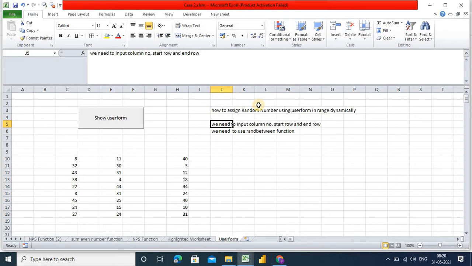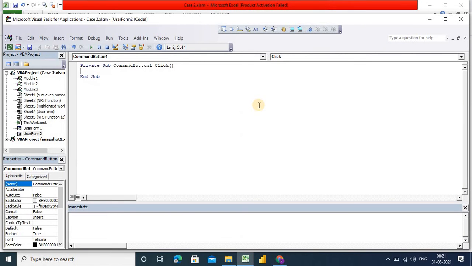So first of all we have to assign these into variables. Okay, how can we assign this column number, row number and row end number into variables? Just create any name here. You can see here column name. So column name comes under the text box value, right? Similarly for row start and row end. So here in this case my row start text box is 4 and here 5.